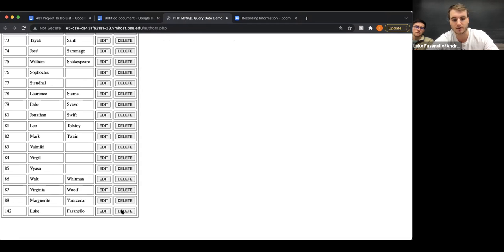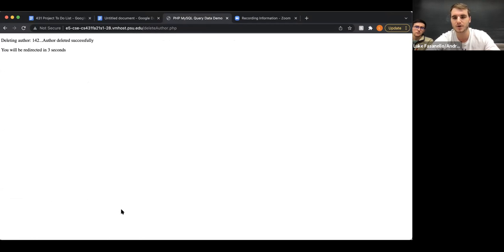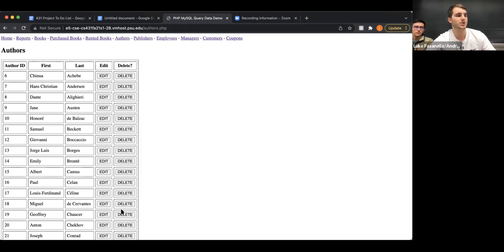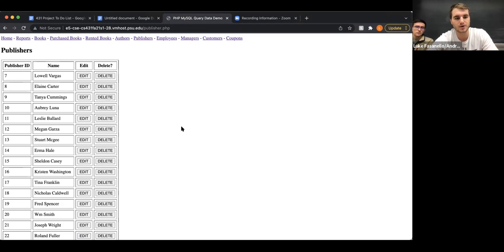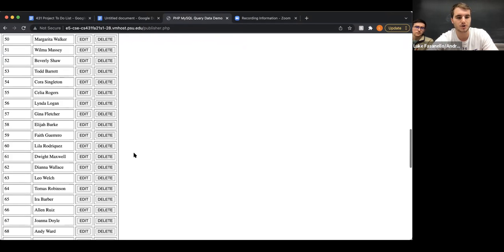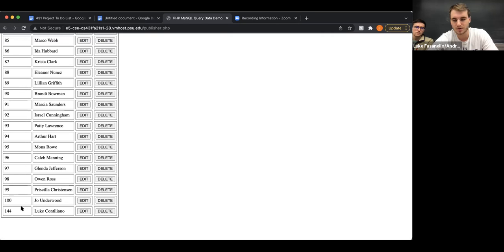And this is just another way of deleting information. We have 5 or more ways of inserting data, of modifying data, of deleting data through each of these 9 tables. And so publishers is very, very similar, pretty much the same fields as authors. So like I mentioned, if we created a new publisher when making a new book and when inserting a new book, the change would be reflected in the publishers table. You can't insert on the publishers page. You can only view, edit, and delete